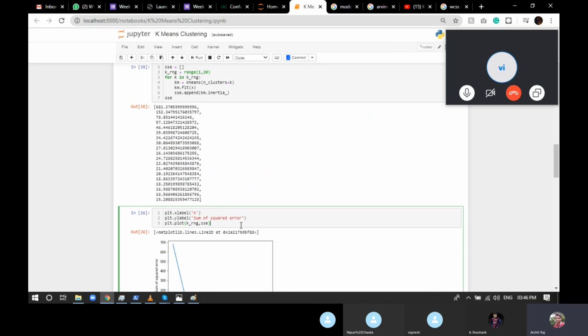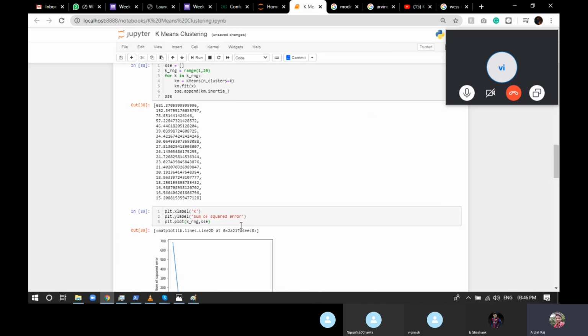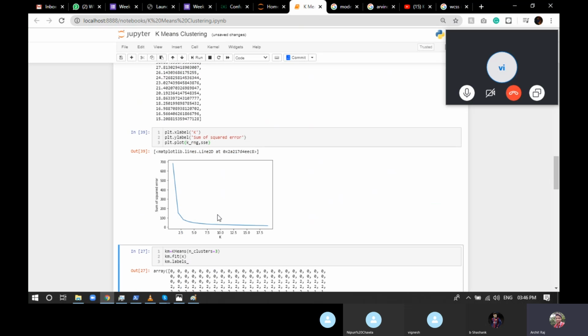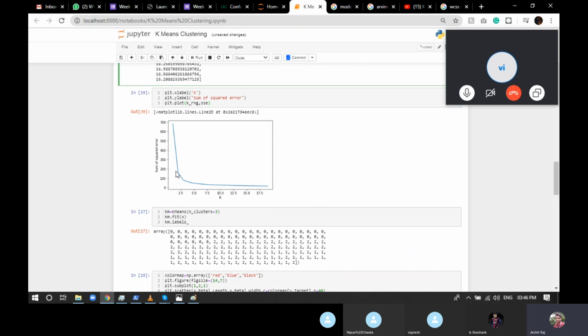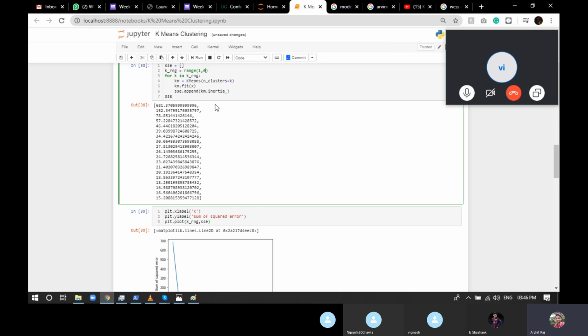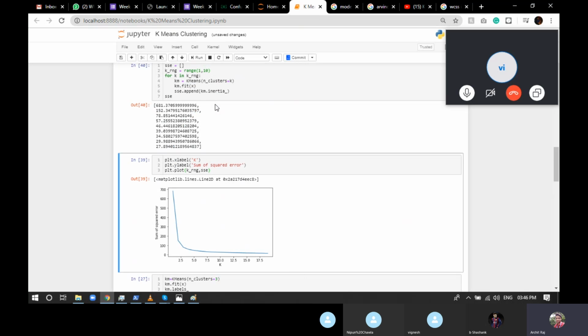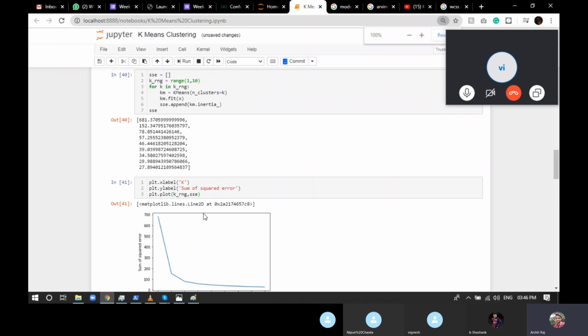Now we're going to plot it. It looks really bad with 20, because you would have to expand the graph to see the numbers, so let's keep it 10 only. Now you can see the graph properly.